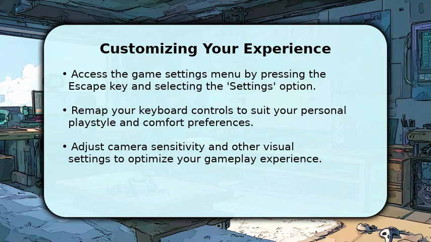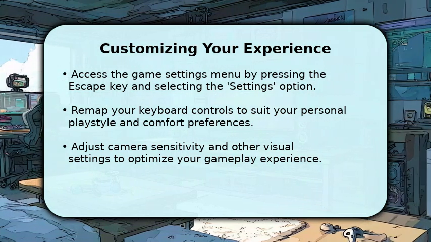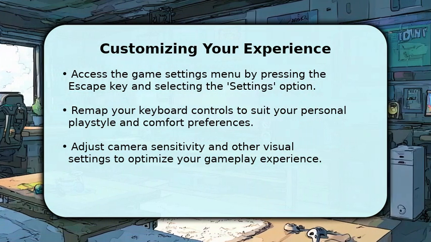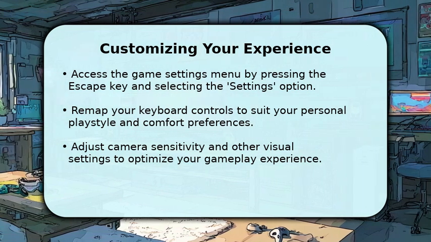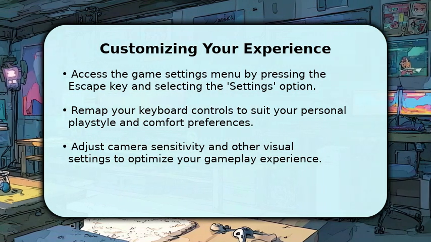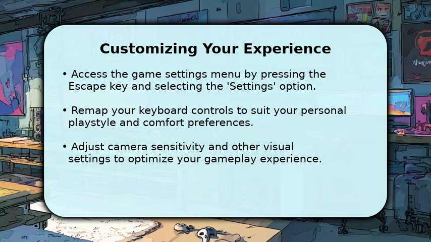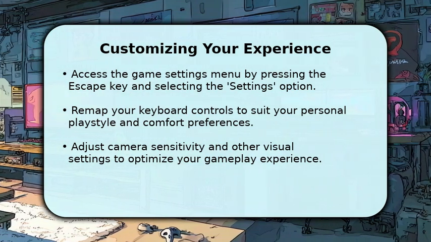For instance, you can remap specific keyboard controls to different keys, ensuring they feel more natural for your hands. Additionally, you can fine-tune camera sensitivity and other visual preferences, allowing you to create an environment that is perfectly tailored